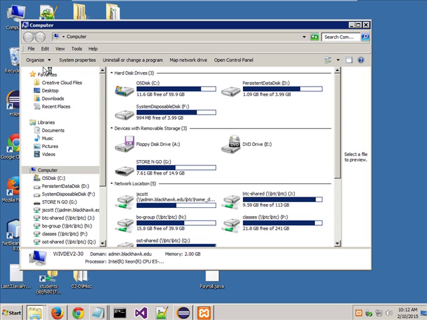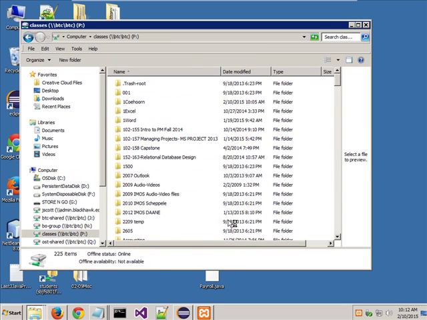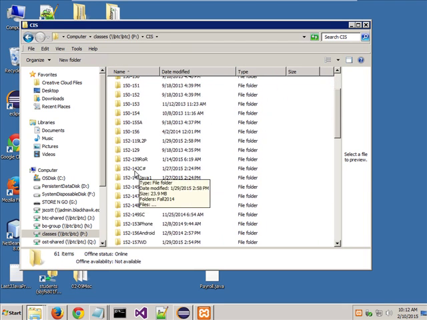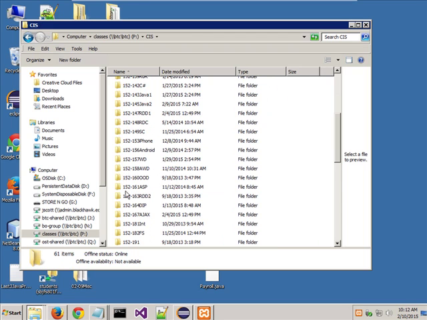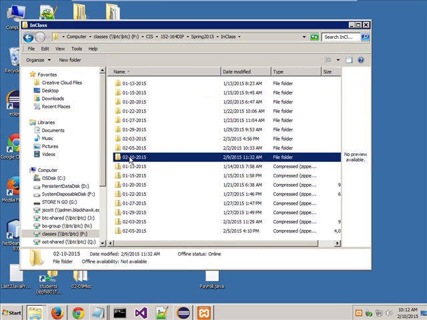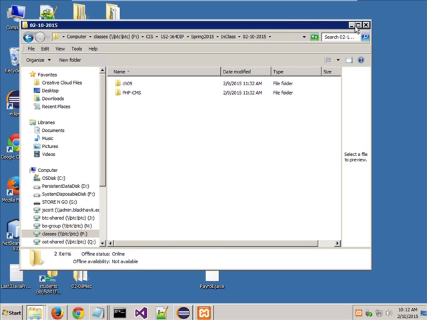Once you're into the virtual desktop, you know the drill by now, you can go out to the P drive for the class, start up XAMPP, and in the folder with today's date on it,